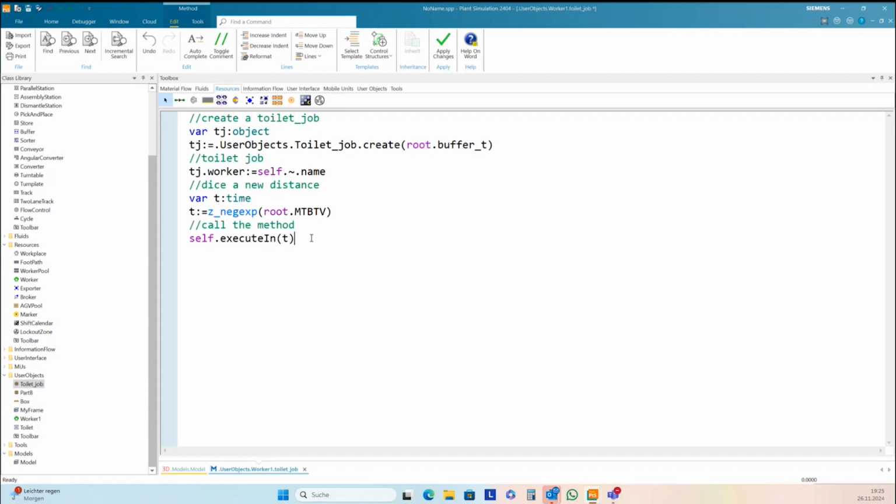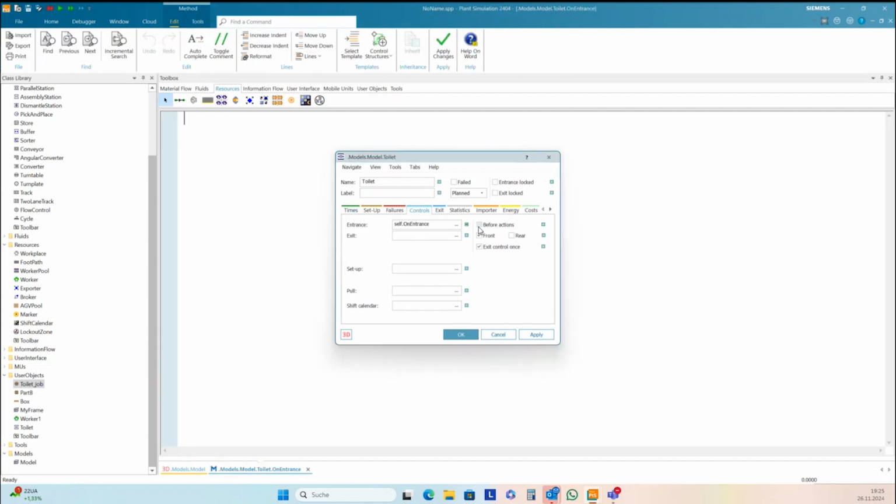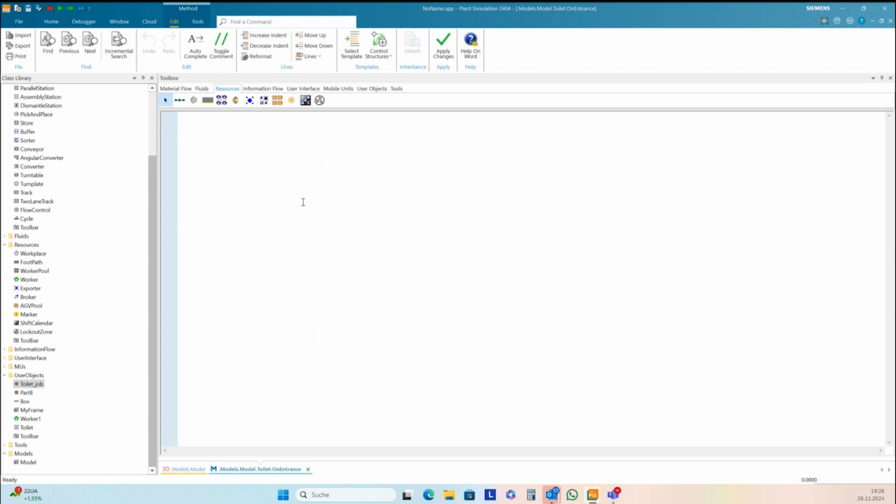The second part is we need entrance control in the toilet. Create here entrance control F4 and activate before actions. This is very important. First, we need to set a proc time.